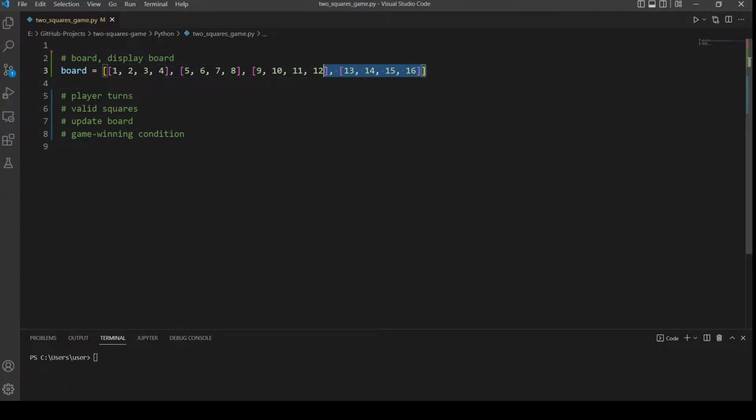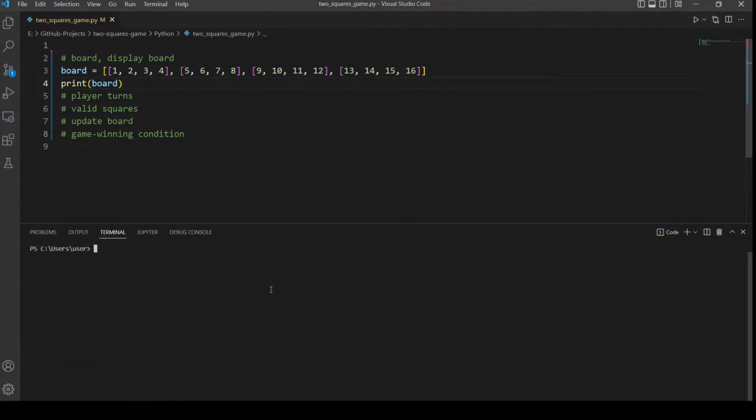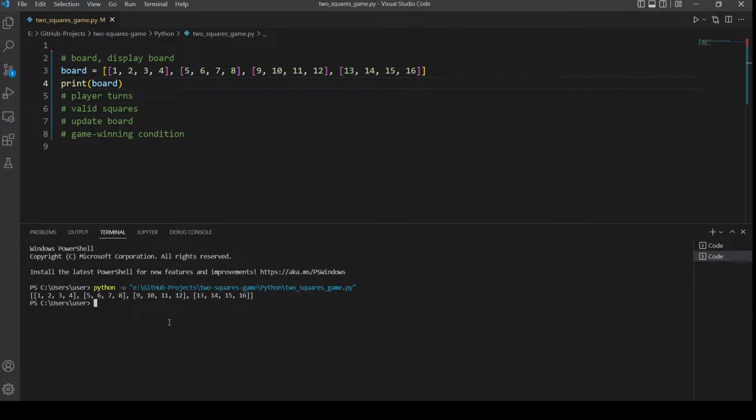Actually, I will not use this method to display the board, and I will show you why in a second. So let's print out the board. And the sad news is it's printed in one line, so that's ugly. The game will not look pretty at all, and it will be hard to know what squares to choose from a player